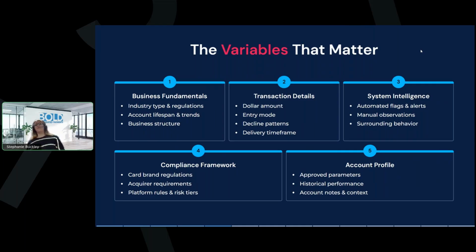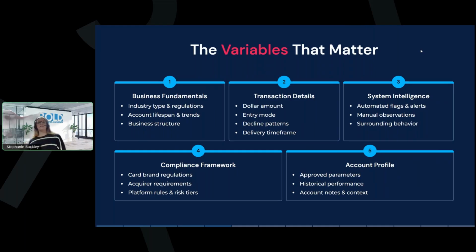And then account profile. Again, maybe it's a restaurant that was boarded as a restaurant, MCC code is a restaurant, but maybe there was a conversation during underwriting where they were saying that they do a wine membership and they also sell wine on site in a little store type area within their restaurant. And so during underwriting, there were notes placed on the account talking about how this specific activity needs to be put on a different MID. They can't do that activity on this account.